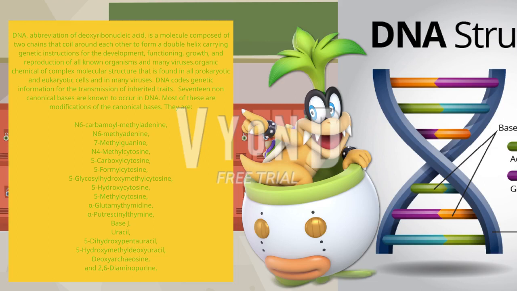They are N6-carbamoyl-methyladenine, N6-methyladenine, 7-methylguanine, N4-methylcytosine, 5-carboxylcytosine, 5-formylcytosine, 5-glycosylhydroxymethylcytosine, 5-hydroxycytosine, 5-methylcytosine, alpha-glutamylthymidine, alpha-putrescinylthymine, base J, uracil, 5-dihydroxypentyluracil, 5-hydroxymethyldeoxyuracil, deoxyarchaeosine, and